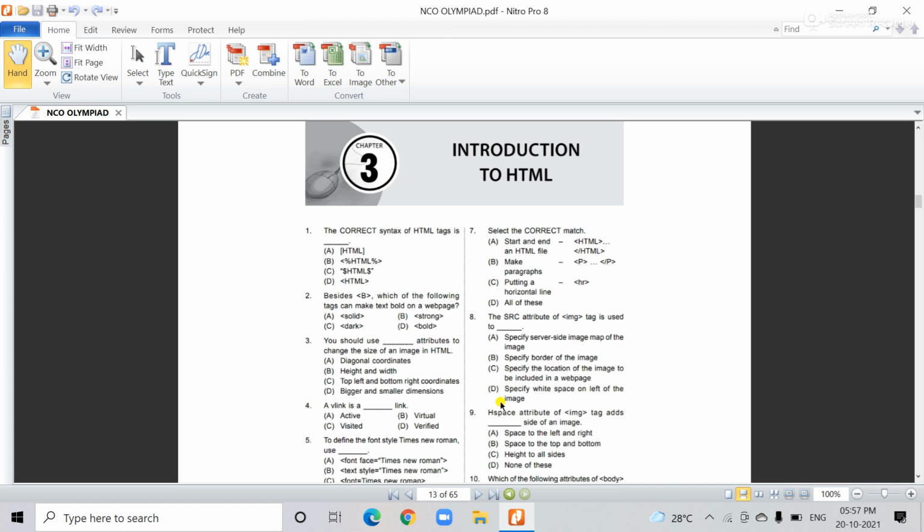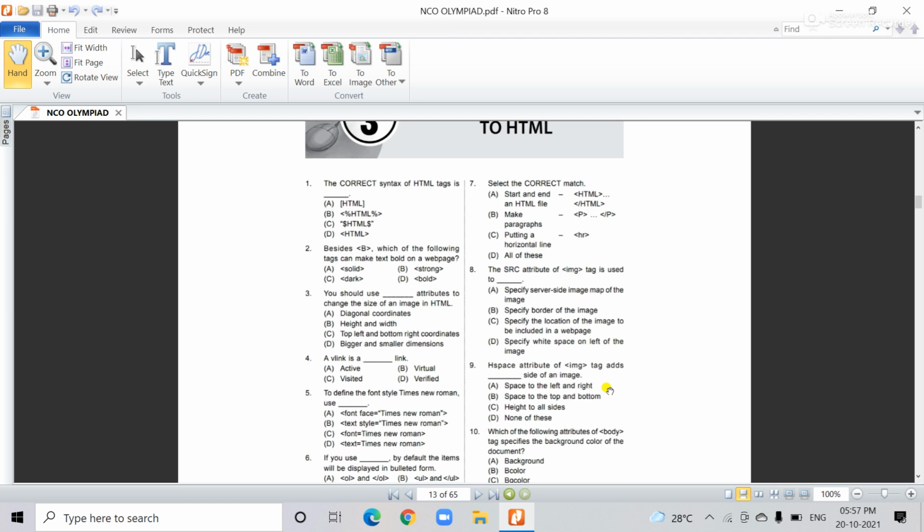That location you assign inside the SRC. When you insert any picture in your web page, src identifies where your file is, meaning the location of your image. So the correct answer is C, specify the location of the image to be included in the web page.